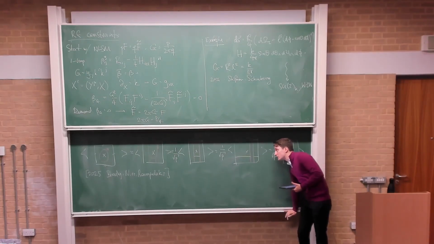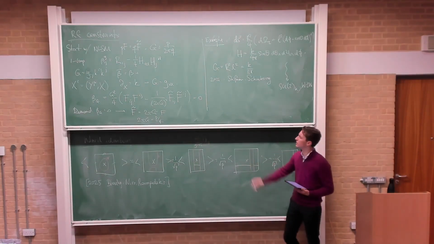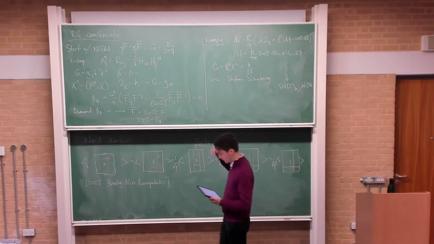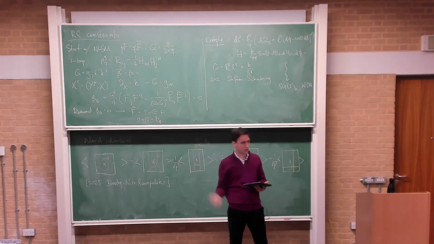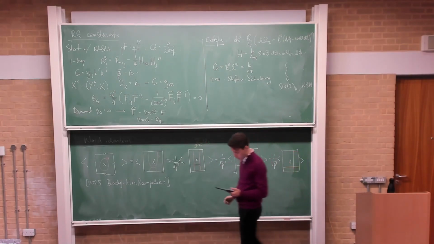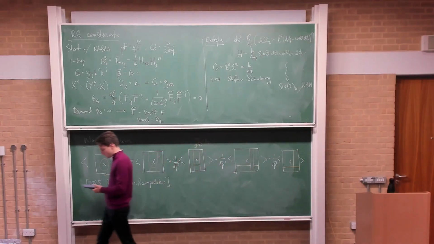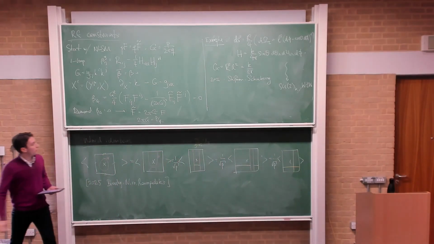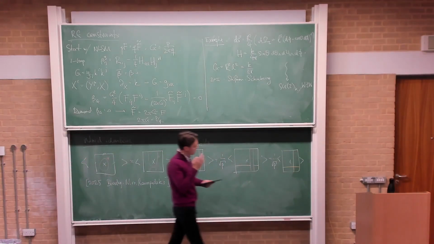Hopefully supersymmetric sigma models shouldn't be too distant. There's old work discussing the gauging of isometries in supersymmetric sigma models, and the constraints on the target space aren't so different. So hopefully something like that's possible. Maybe I'll end on one